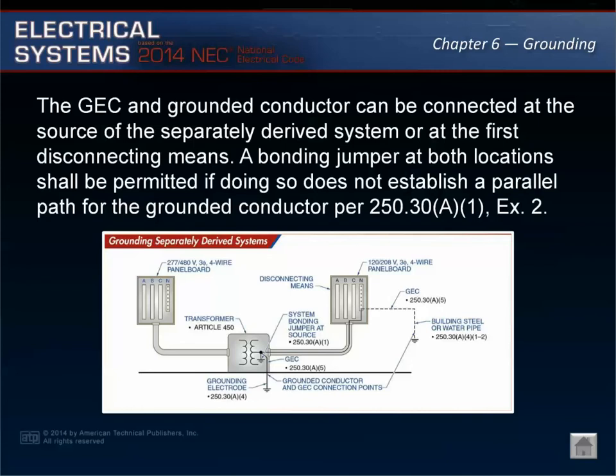Per Article 250.30(A)(1), an unspliced system bonding jumper that complies with 250.28(A) through (D) is required to be installed between the equipment grounding conductor of the derived system and the grounded conductor. This connection shall be made at any point from the source of the separately derived system up to and including the first system disconnecting means or overcurrent protective device.